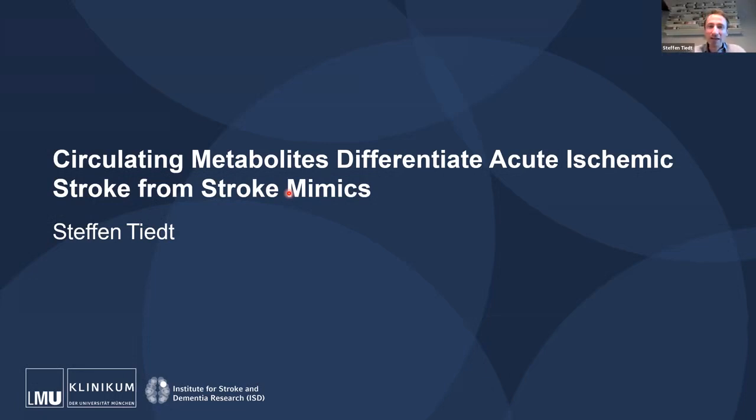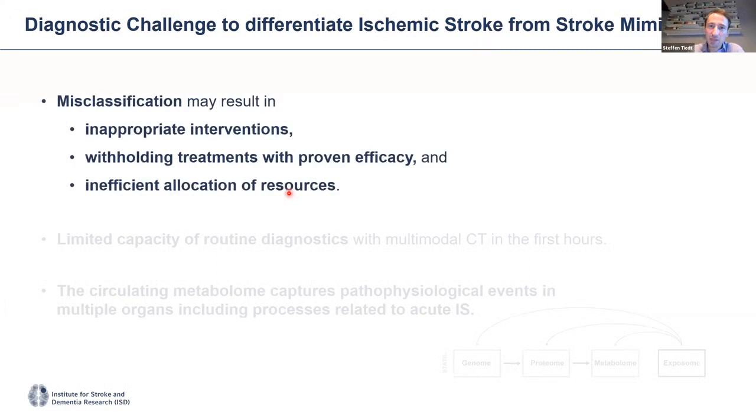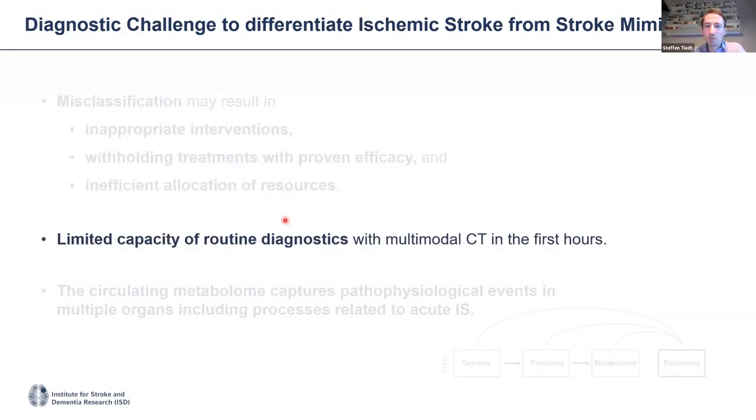for this invitation. Our work was motivated by the fact that in the emergency department, we're often confronted with the diagnostic challenge of how to differentiate patients with ischemic stroke and stroke mimics, such as epileptic seizures or migraines, because they often present with the same symptoms. And misclassification of these patient groups may result in inappropriate interventions, withholding treatments with proven efficacy, such as thrombolysis, and inefficient allocation of resources. The diagnostic gold standard is the multimodal CT, but it has insufficient sensitivity to differentiate these two